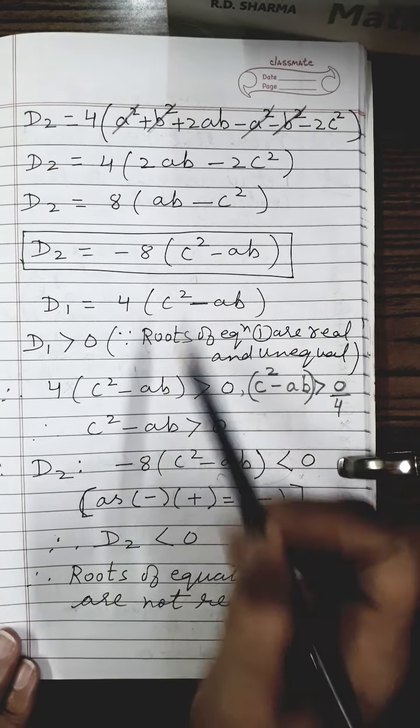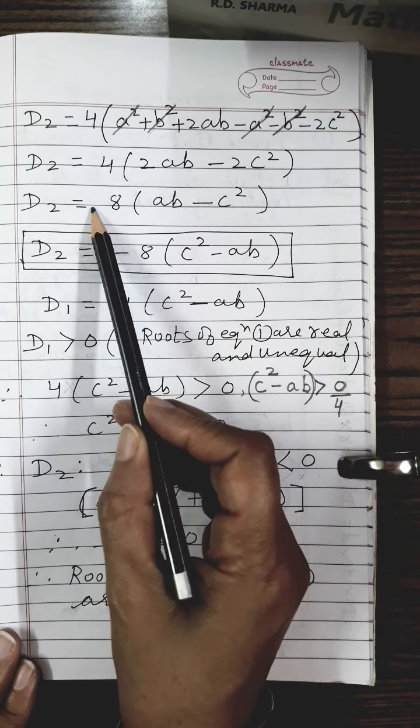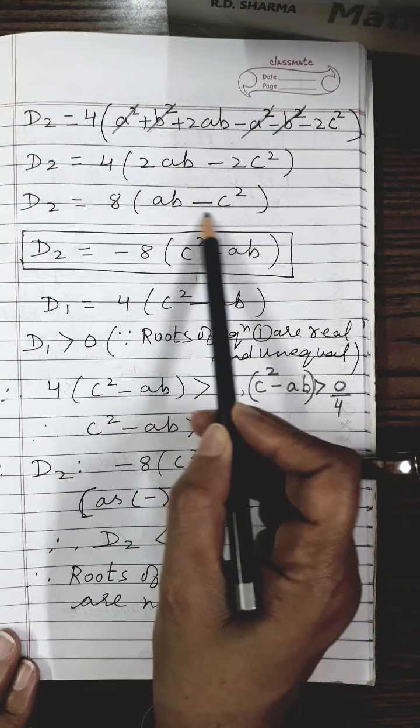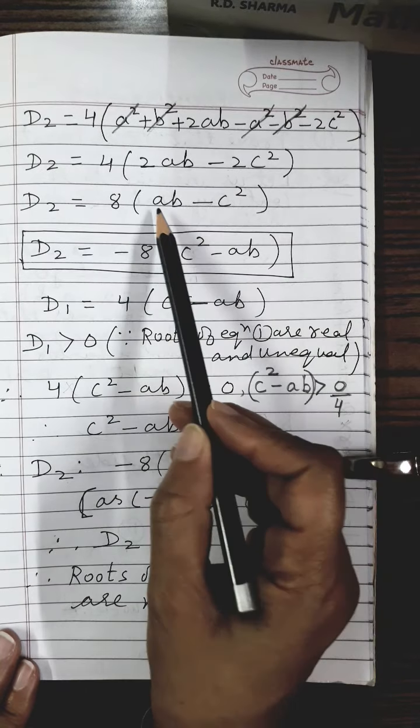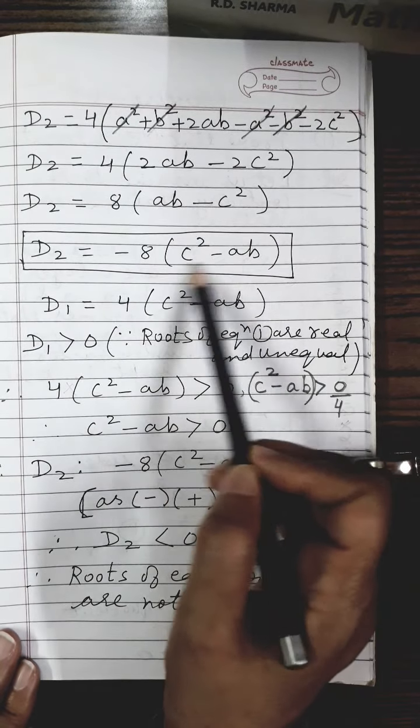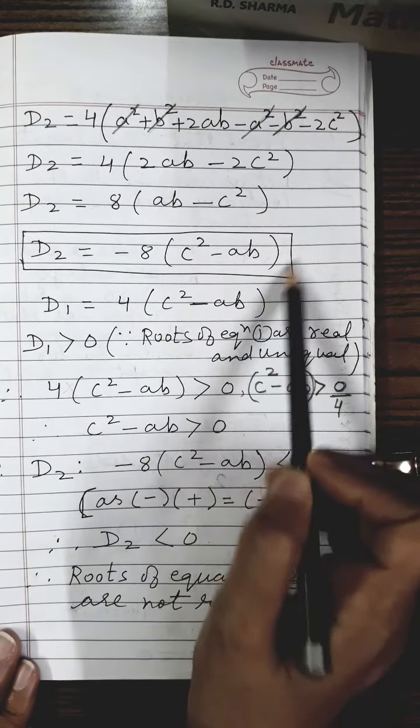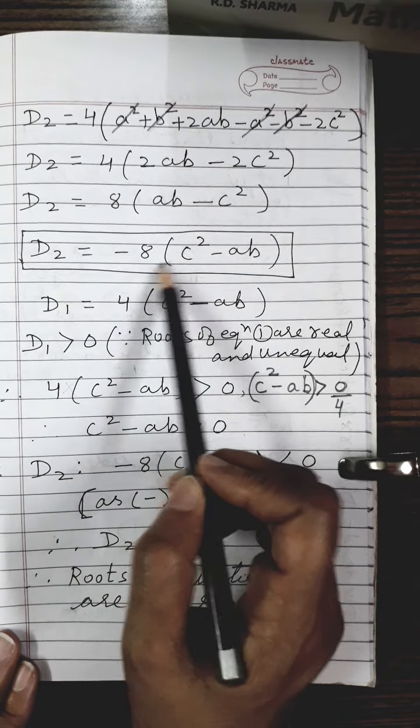Because I will tell you further ahead why we are taking it. So when we take this minus sign outside, what will happen, the sign of both the terms will change. So minus c square will become plus c square and plus ab will become minus ab. So I take minus outside, so your d2 value will become like this, d2 equals minus 8 bracket c